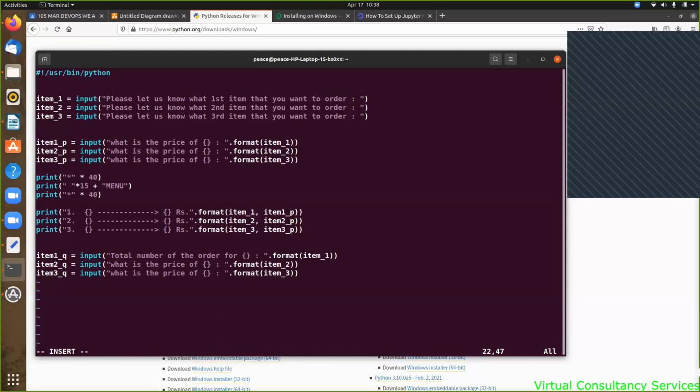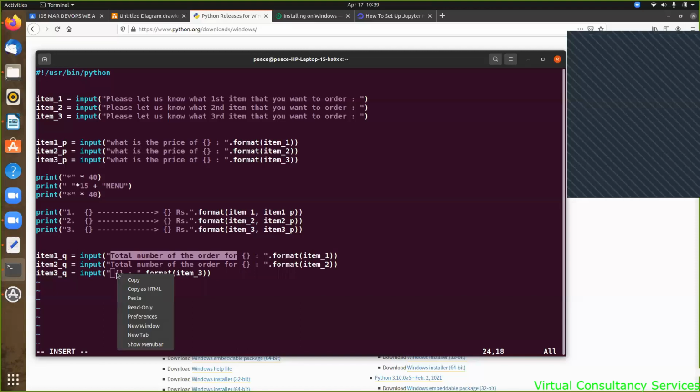Similarly, we'll copy this statement, go here, अभी मैं ऑर्डर जो नंबर्स है, कितना आपको खाना है, वो ऑर्डर क्वांटिटी ऑर्डर के लिए ले रहा हूँ, पेस्ट, item 3। This is also pasted here। नाउ मेरे पास क्वांटिटी भी आ गया, अगर मैं यूजर से इनपुट ले रहा हूँ।